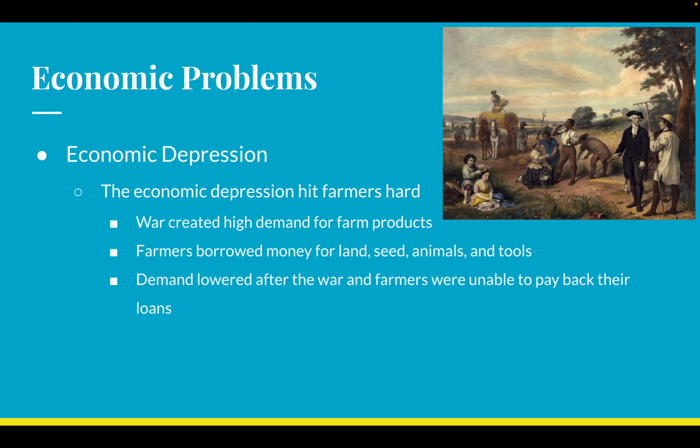Now, because you're making more stuff and you want to keep making more stuff, you're probably going to want more land or more seeds or more animals or more tools or you name it, more of whatever lets you make more farm goods or more goods to sell to make more money. Now, if you can't afford that, you might take out a loan. And you might take out a loan hoping to be able to pay it with the profits from this expanded agricultural production. The problem is that only works when there is a higher demand, when we need to have more food.